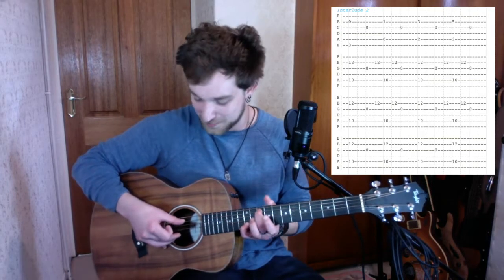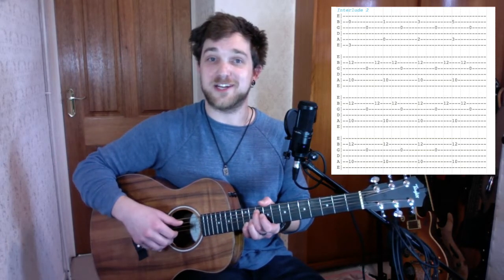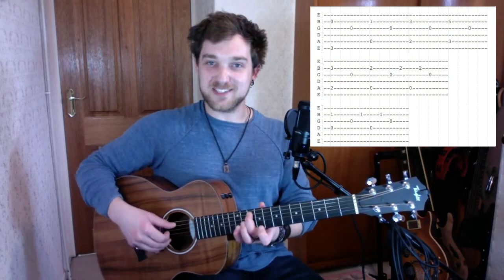And then we do something which is effectively the first finger picking pattern, but it will seem a little bit weirder. So we're just doing your thumb and middle finger, which is just your 1 and 2 and 3 and 4. And then it's your thumb and middle to finish on beat 4. And then we let that ring for about 5.5 beats, and then we play it again in order to slide straight back